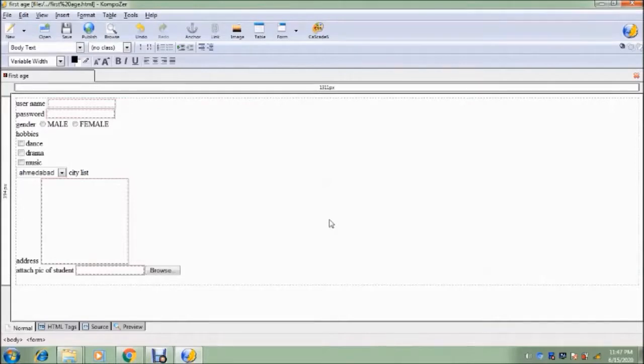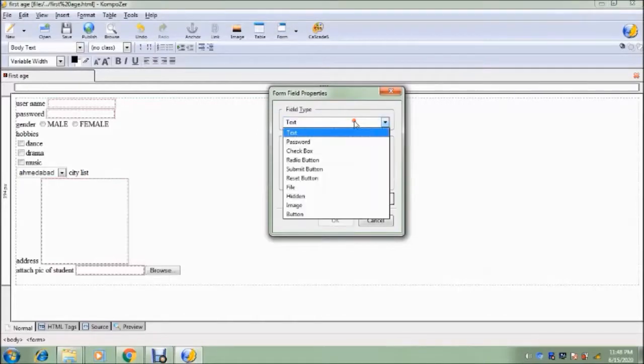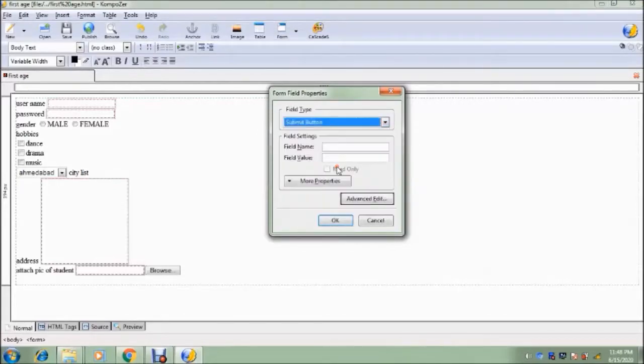Okay, and after completion of all these elements, at last we have to add a submit button. Again form field. Friends, remember only 2 elements you are not getting from this form field, that is selection list and text area. Except these 2, each and every element you are getting from form field. Instead of text click on submit button. Okay, here give the name S1